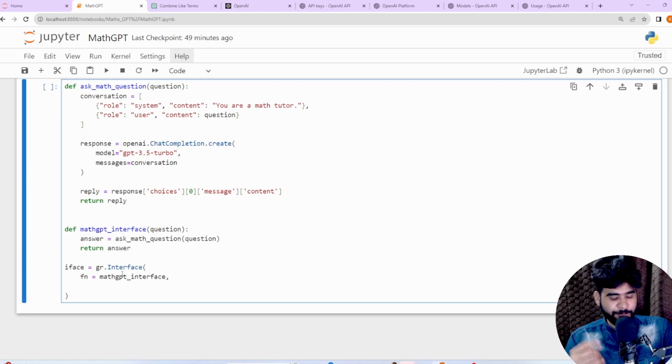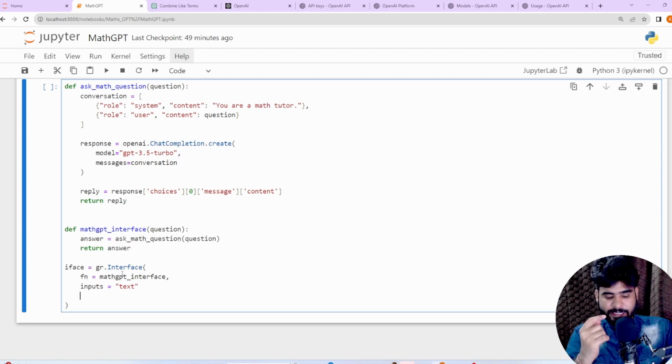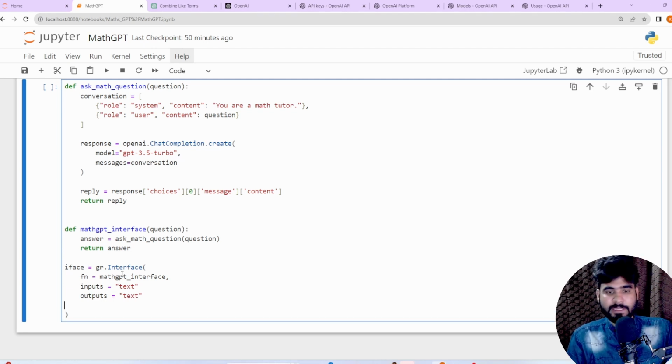Then we can pass an input, because in an interface we need to enter input data, and based upon this we will get the responses in a text format. So here we need to pass a variable called inputs, and in the inputs variable we can pass text data. Text again as a response, we need a text output. So outputs equal to, here again I'm going to call text because I need an output as text as well. After that live equal to true.